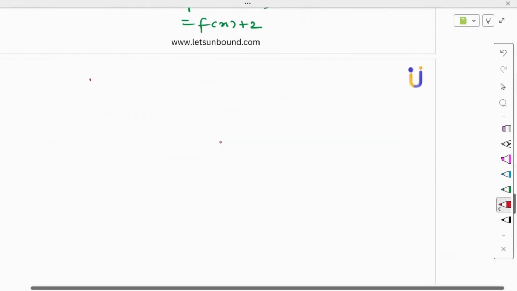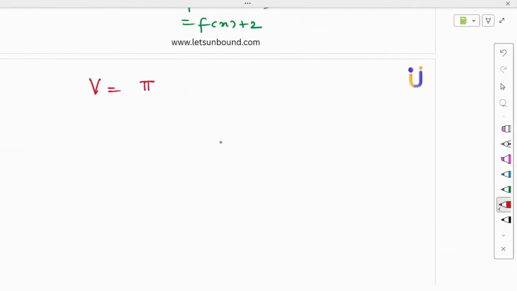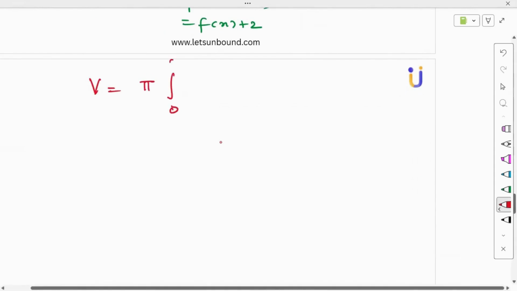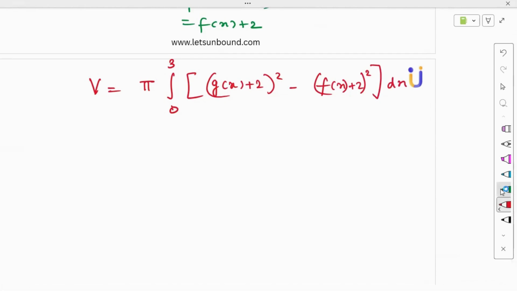And we can plug in the volume formula that we have already defined. So 0 to 3 again, that is the intersection part, which is very clear. g of x plus 2, outer radius squared, minus inner radius squared, f of x plus 2 whole square dx. Right? And this you can simplify, or at least show the expression. x plus sin pi x